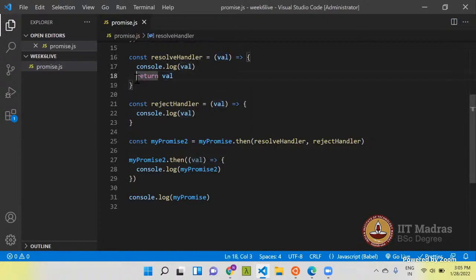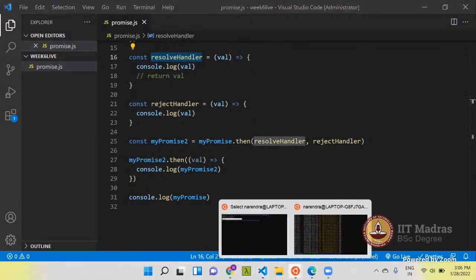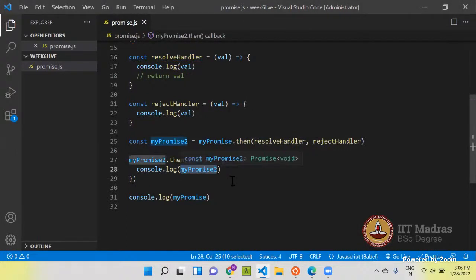So if we don't have a return statement here, the resolve handler will return undefined. That's why, in that case, the value of my promise 2 was being resolved with undefined.